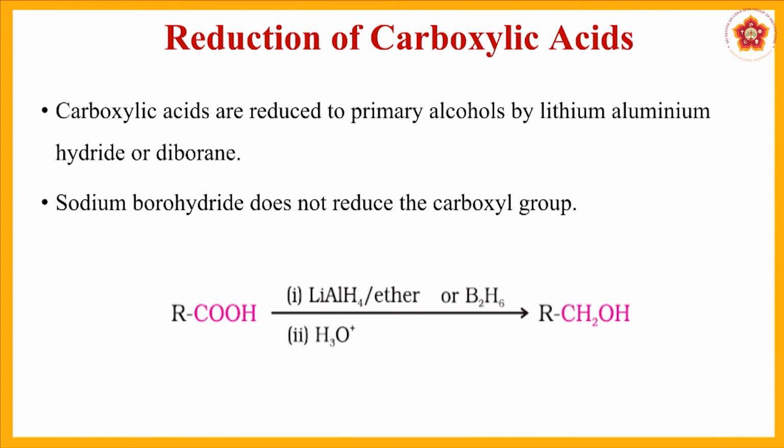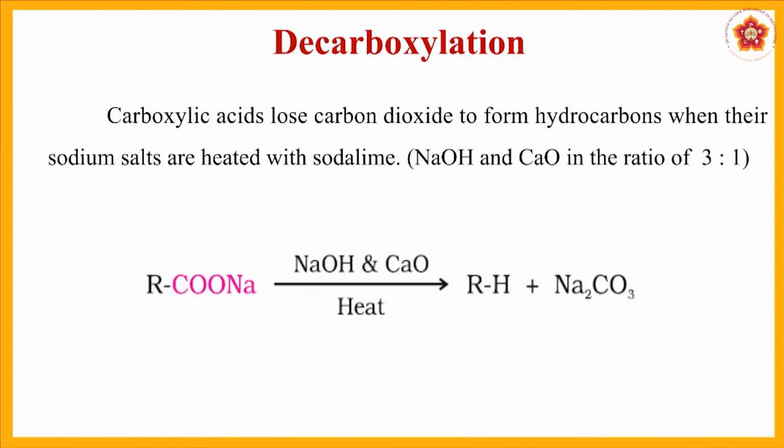In this case, sodium borohydride, though it is a reasonably strong reagent, does not work here because the strength of that particular reducing agent may not be good enough to convert carboxylic acid completely to alcohol. So, this is a simple reaction. In many reactions we have studied so far, it was oxidation from alcohol to carboxylic acid. This is the reverse one, a reduction from carboxylic acid to the corresponding alcohol.